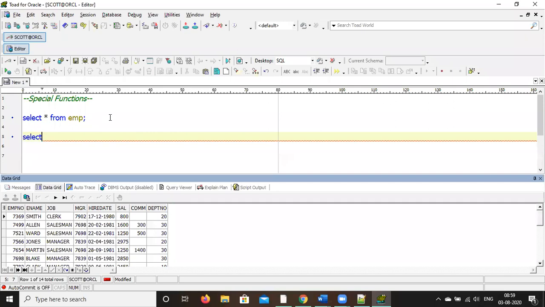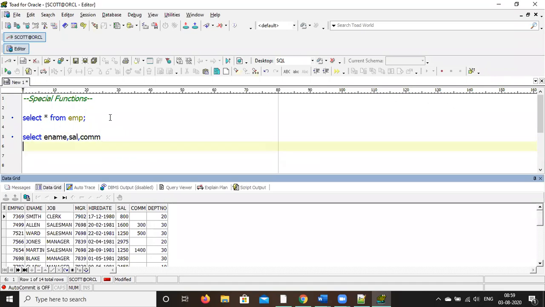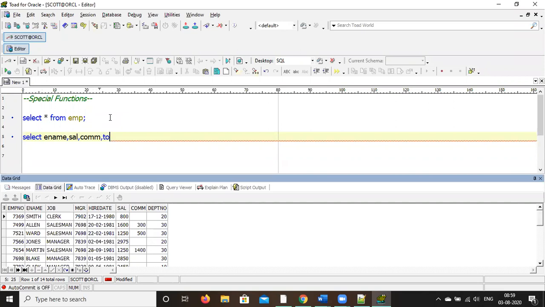Select name, salary and commission and total salary. Total salary equal to salary plus commission. No, not like that.